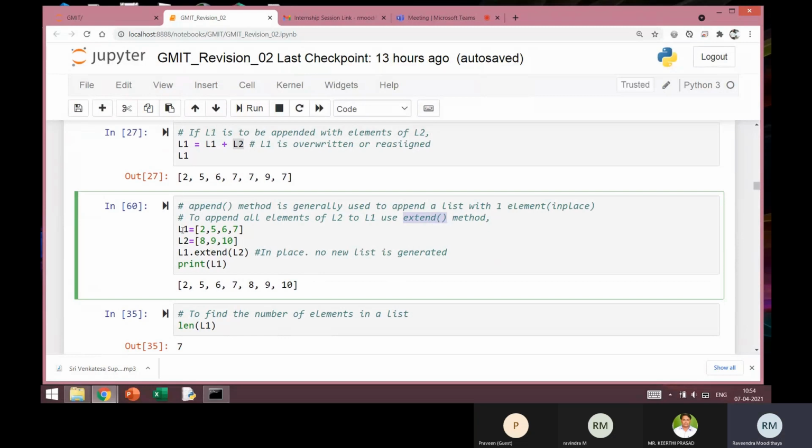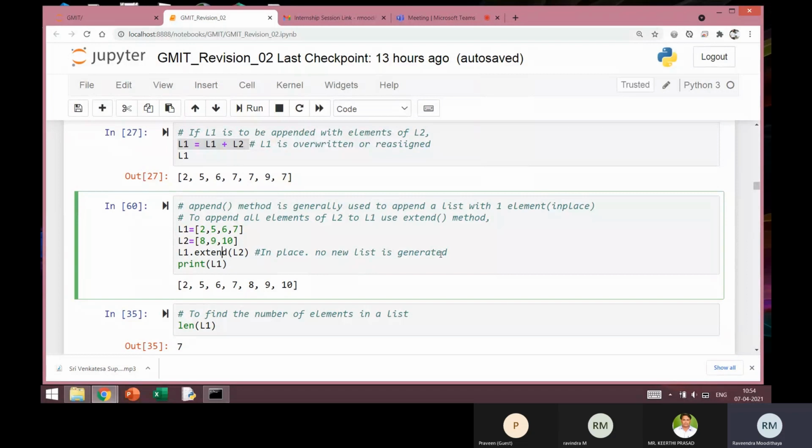So I'll take the same example. L1 is this, L2 is this one, having 8, 9, 10. And if I use L1 dot extend L2, remember here I have not written L1 equal to something as in the previous case. Here I am simply applying this method onto L1: L1 dot extend, and as an argument I have given L2. So extend does the job of extending L1 with the elements of L2 in place.